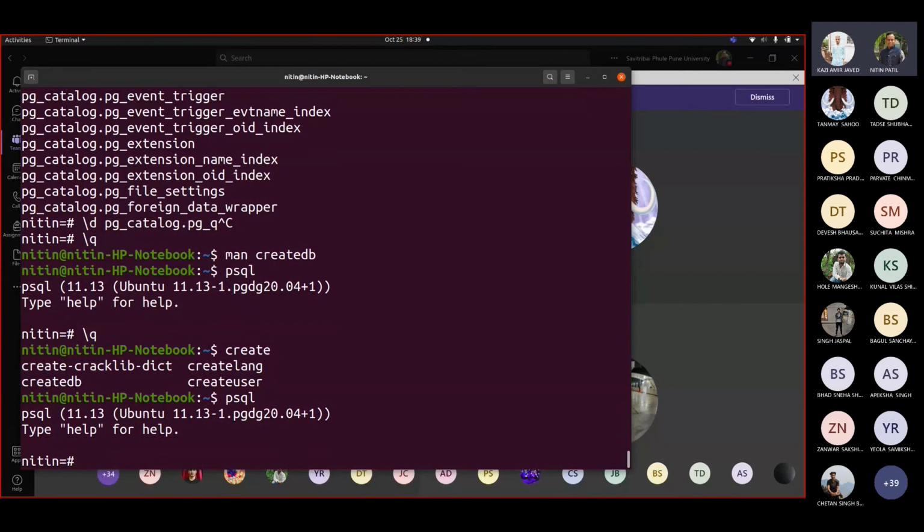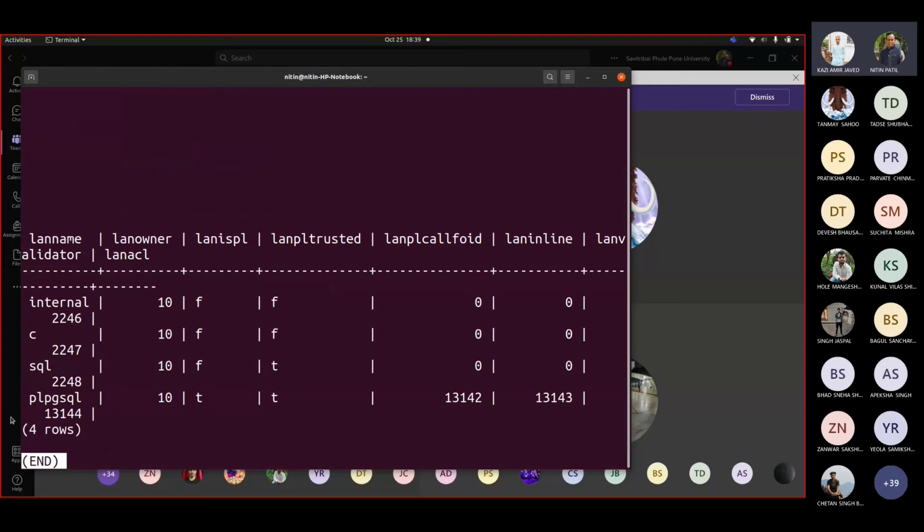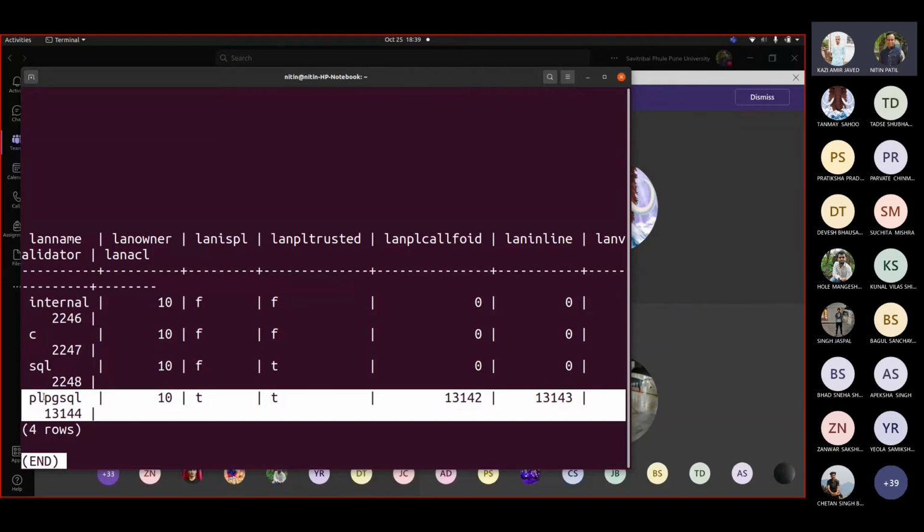So if you write psql and then select star from pg_language, you should be able to see these languages: internal, C, SQL, and PL/pgSQL, correct?